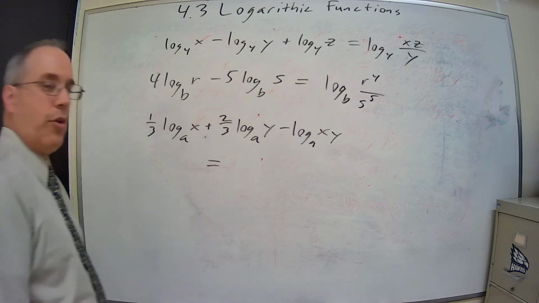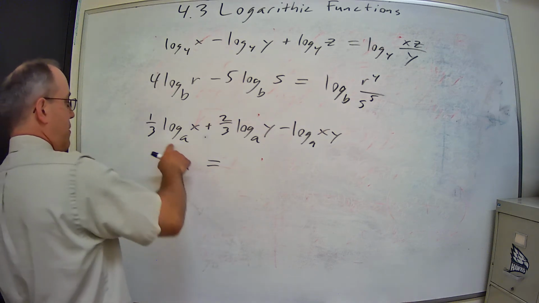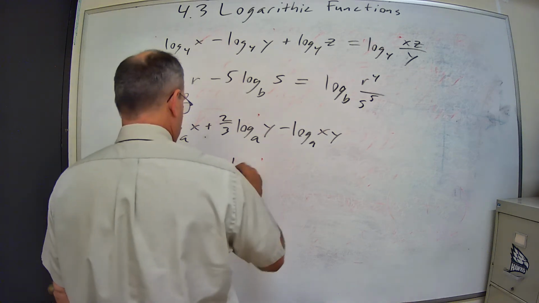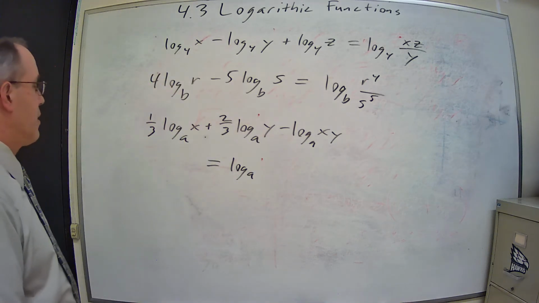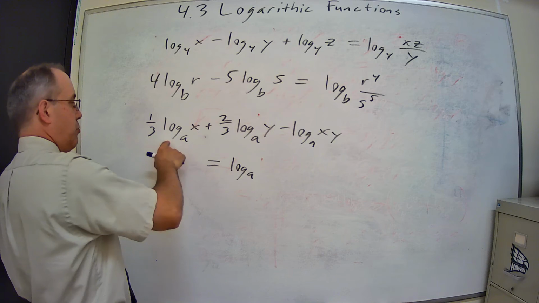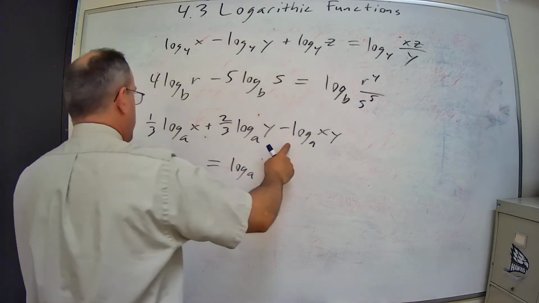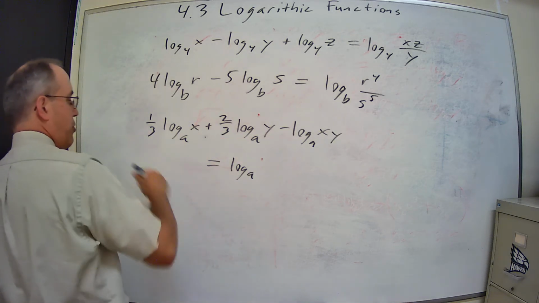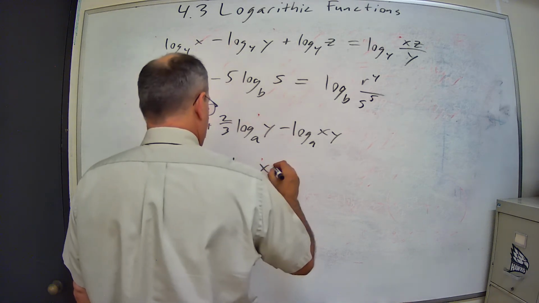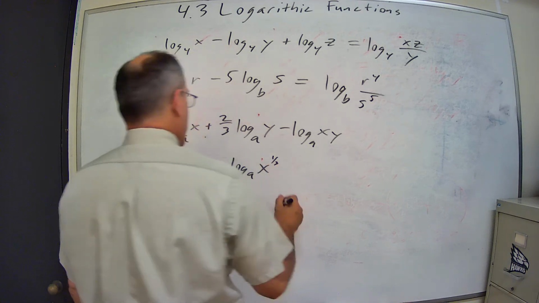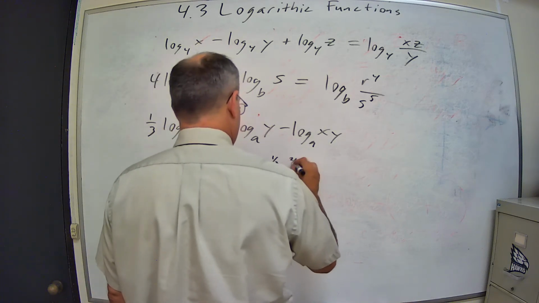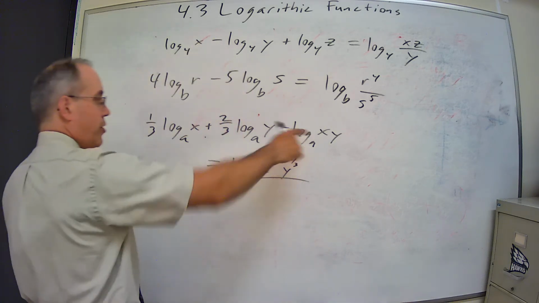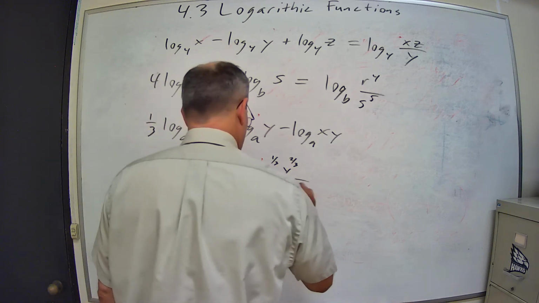I'm just going to write that below to give myself a little more space, but we have log base a, and we have plus, plus, minus, so x to the 1/3, y to the 2/3, over xy,